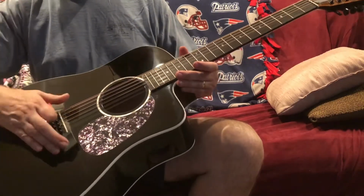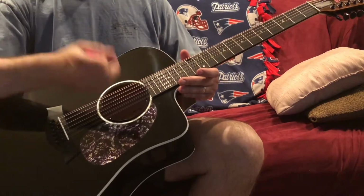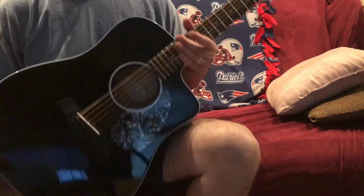This needed to be treated because it was so dry. The fingerboard needed to be treated, so I slacked up the strings. A string broke. This thing had been sitting on the wall, I'd say a year, at least a year, at